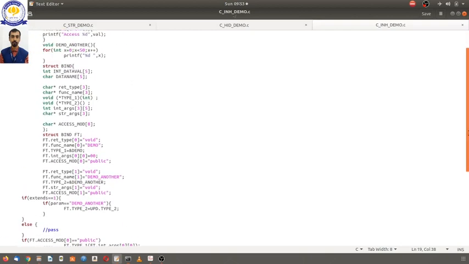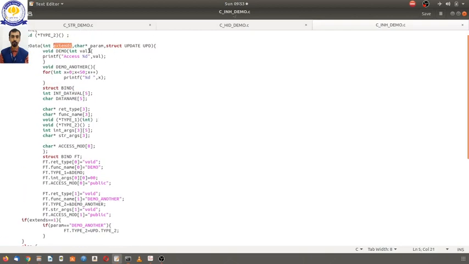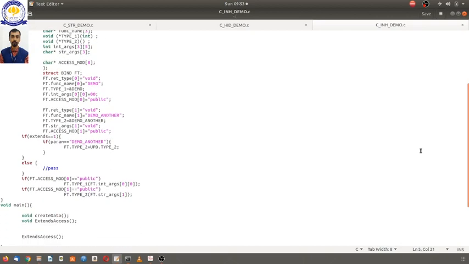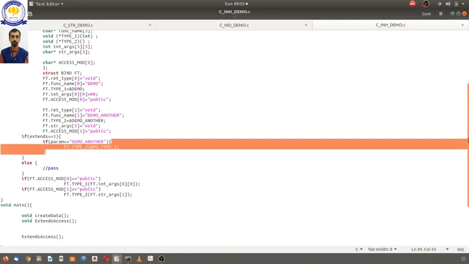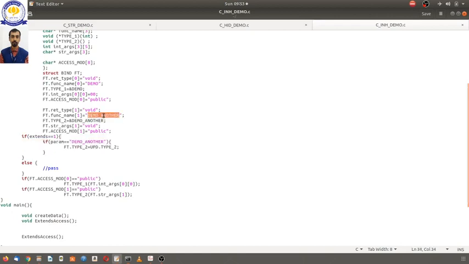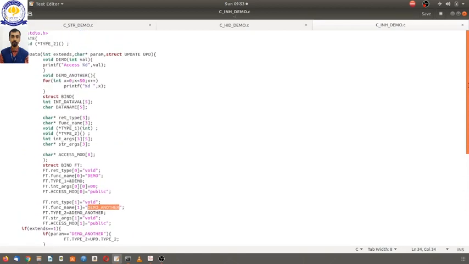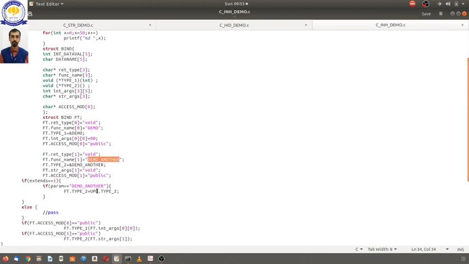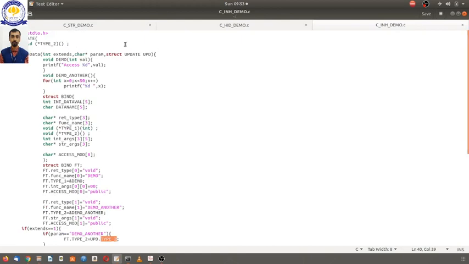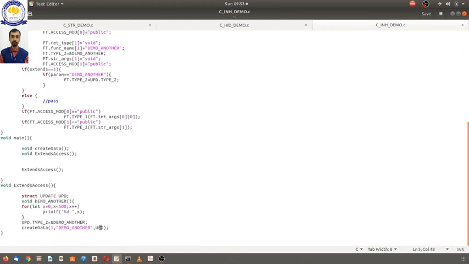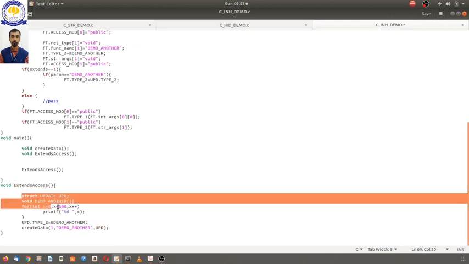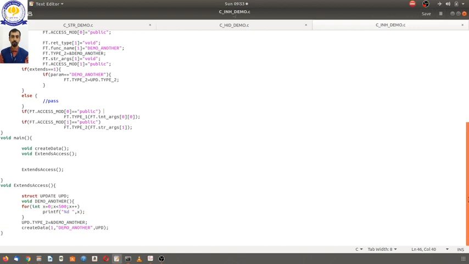If this value extend is 1, then this demo another function will be taken from UPD dot type 2. So what is UPD? UPD is the external structure which will be given from here, that is from extends access.